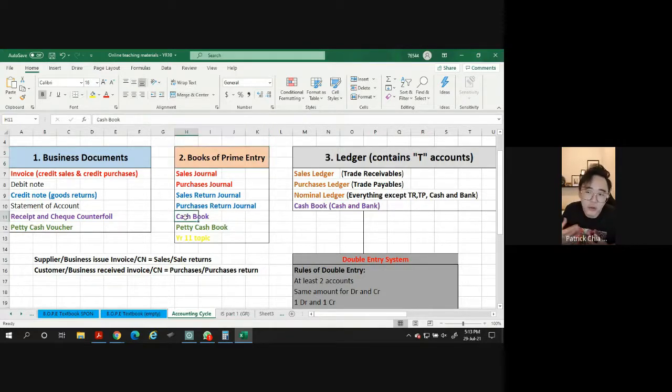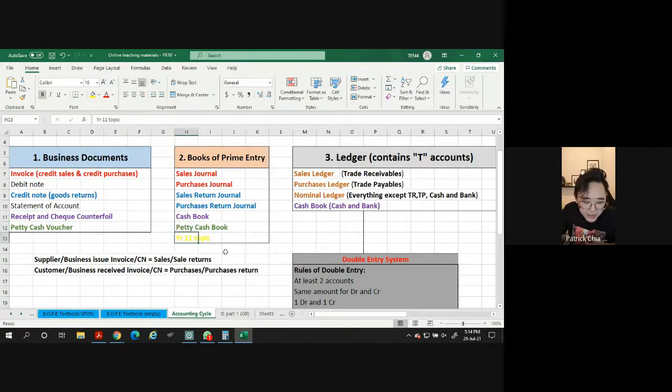Okay. So some of the theory part, all these advantages, can I leave it to you guys to read? Because if I cover all these things also, then it will be quite not enough time to cover the calculation and all. So I leave those advantages for you guys to read and remember. Unless you don't understand, you ask me. Right. So petty cash book is going to record petty cash voucher. So today, hopefully, we can have enough time to cover a cash book and petty cash book questions.